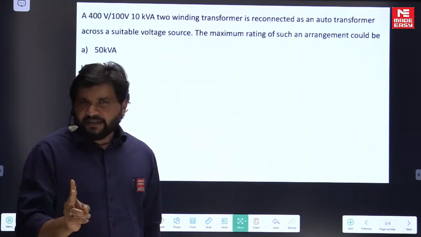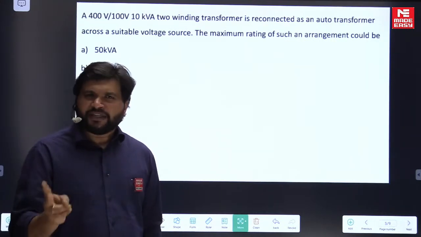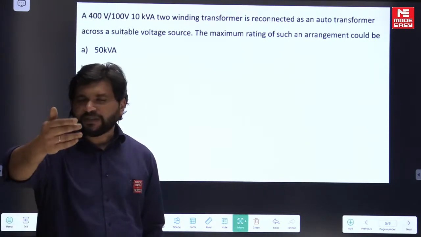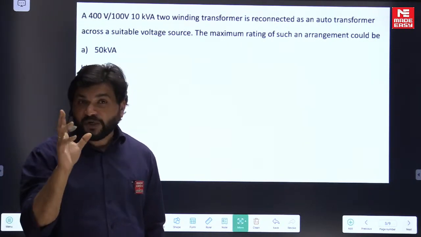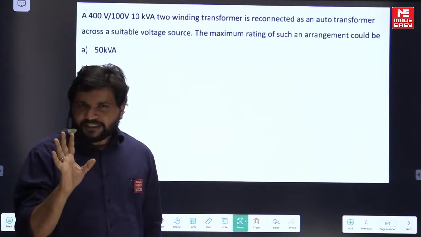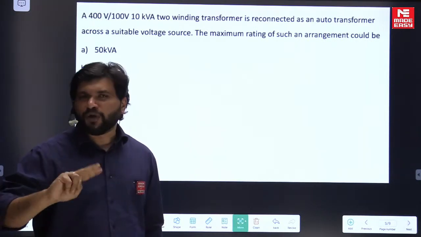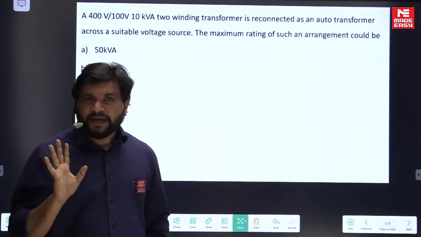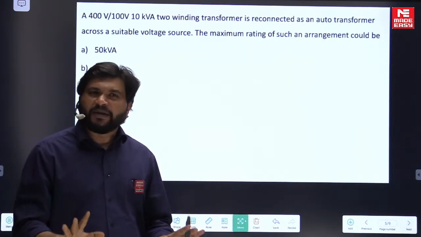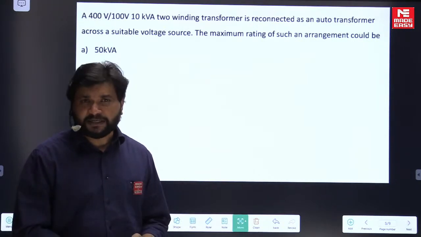Now you can connect a two winding transformer as an auto transformer in various ways. In total there are 8 ways, which you can subclassify as 4 ways, each with step up and step down. Totally 4 concepts, like 4 possible ratios or connections you can see here. For example,